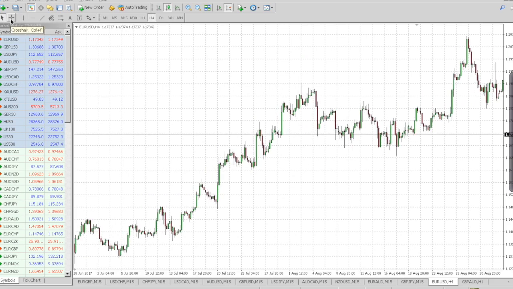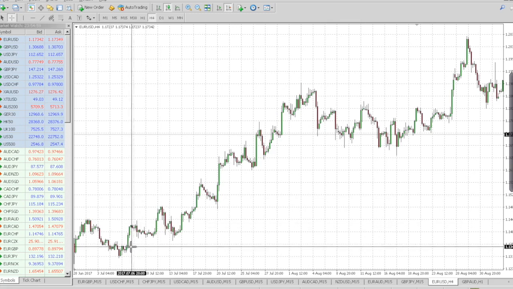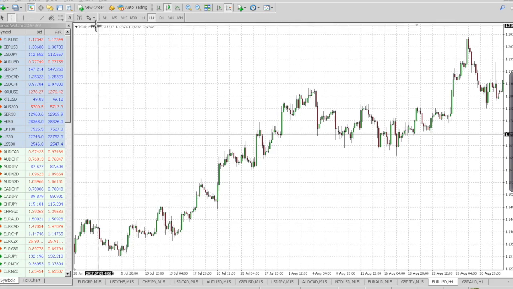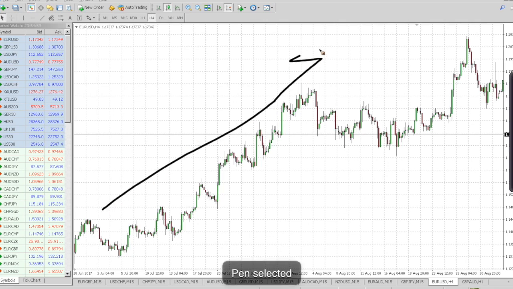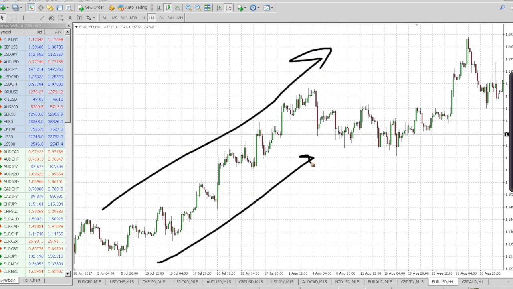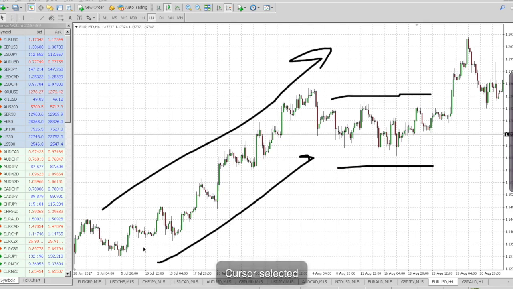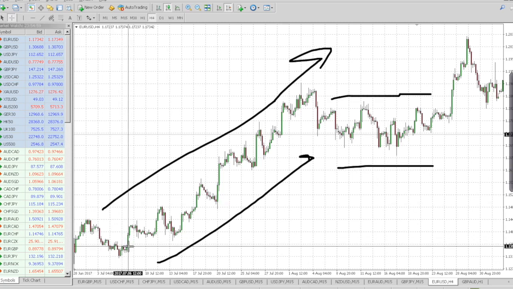For a swing trader, they may, for example, trade from here. I can see an uptrend. You can see this uptrend here, right? And then this consolidation going sideways. So they may take a trade. For example, they may buy somewhere here, okay, and